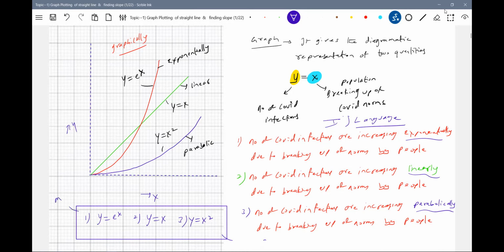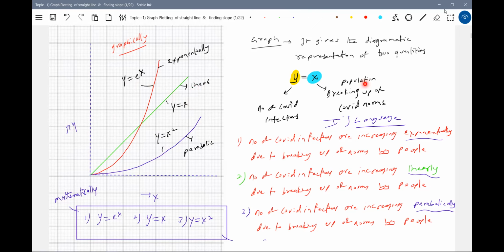I'll write it here. Okay, now you have all the information. Definitely, I'll ask you which one will give a better picture. If you read like this, will it flash anything for you? No. If you see the equation, no. But when you look at the graph, you feel it. Okay, it varies like this, exponentially. So this will give us a better picture of the relation between y and x,